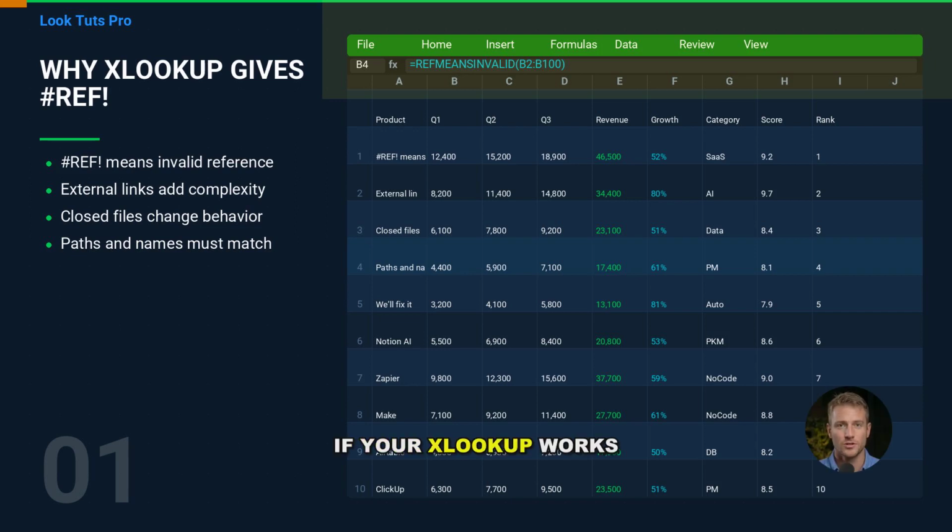If your XLOOKUP works perfectly and then suddenly turns into #REF the moment you point it to another workbook, you're not alone. The tricky part is that the formula can look correct, yet Excel still can't resolve the reference. In this video, you'll learn the reliable ways to use XLOOKUP across workbooks, including what changes when the source file